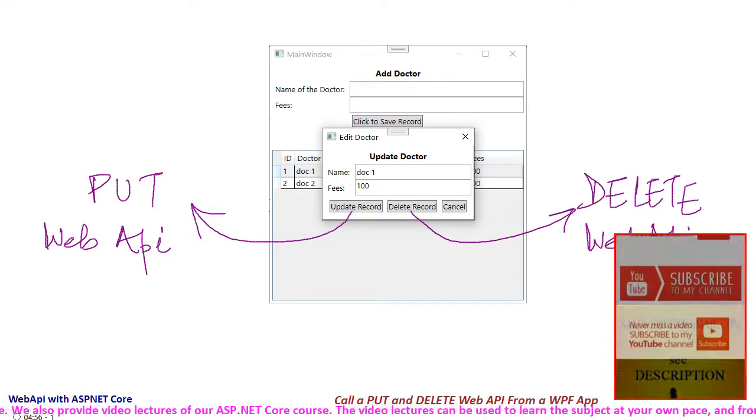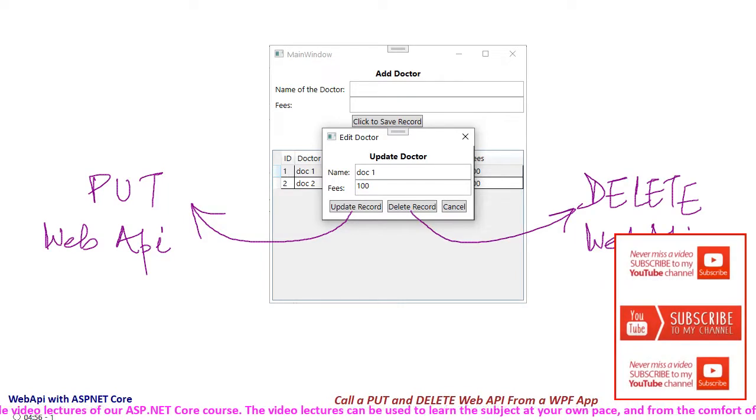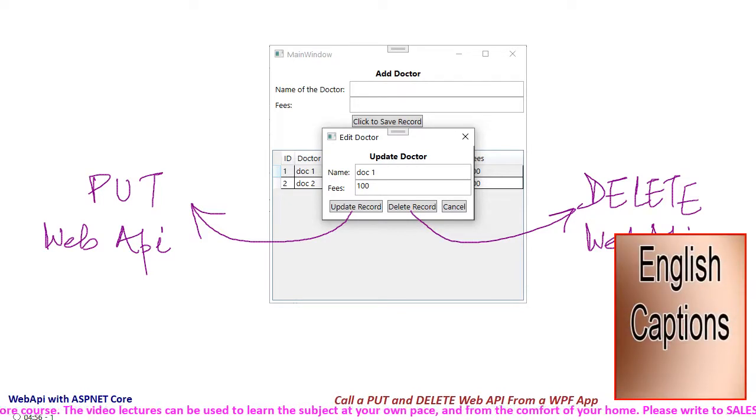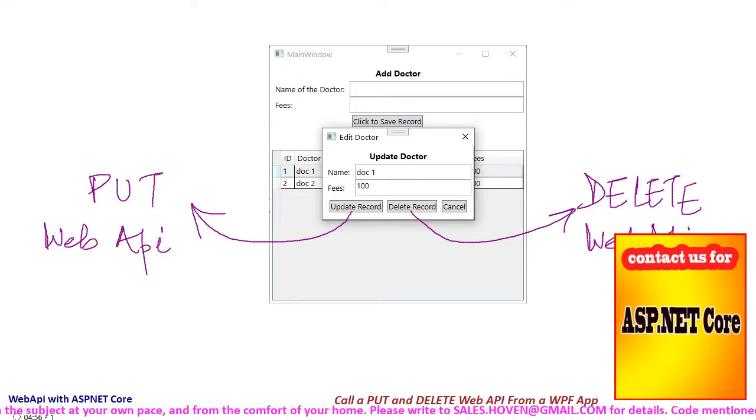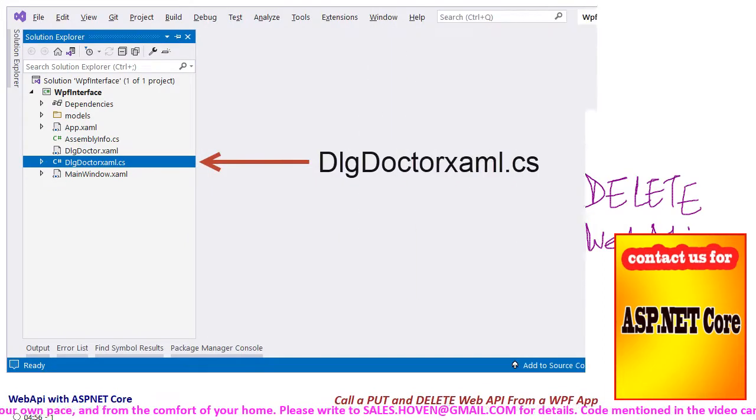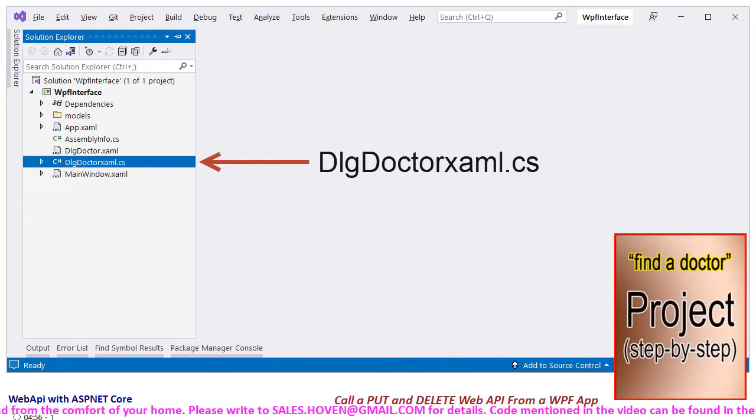A delete button on the same form causes a call to a delete web API. The objective of this tutorial is to study the code for calling put and delete web API. Open the Solution Explorer of the attached WPF project and locate the file